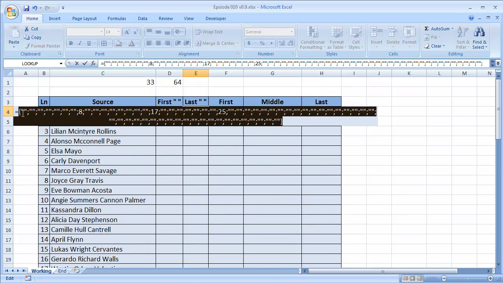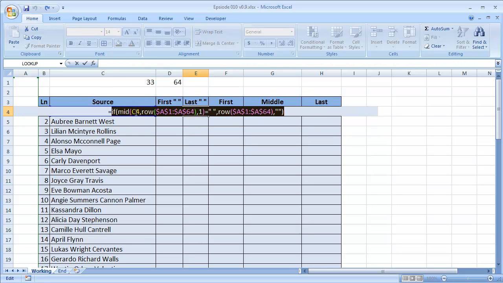So, okay, let's highlight this, hit F9 to see what it does, scroll down, scroll back up. Okay, so now we've got an array where everywhere there was a space, there's the number where that space is in the text string. So we've got spaces at 8, 17, and 25. 1, 2, 3, 4, 5, 6, 7, 8. Okay, so now that we've got that,